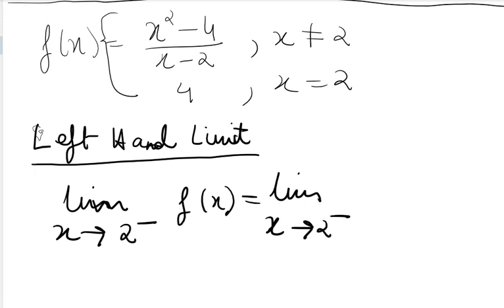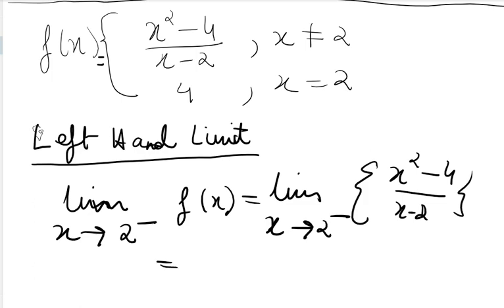Now 2 negative means the function has two parts. The function has two parts. This is the first part, this is the second part. Here we will take all values that are not equal to 2. So this is not equal to 2, hence we are going to put that value, that is x square minus 4 divided by x minus 2,